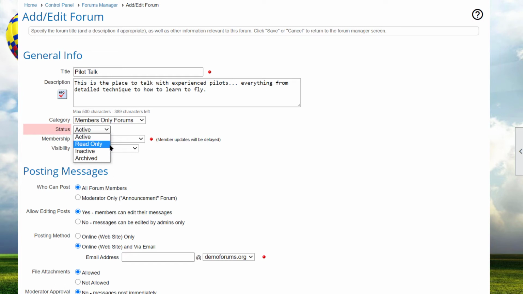Read-only means the forum is visible to members and admins, but messages and replies cannot be posted. Inactive means that the forum is not visible to members, but is visible to administrators, coordinators, and moderators. Messages and replies are not allowed. And archived means that the forum is not visible to anyone by default. For audit and liability reasons, ClubExpress does not allow you to delete forums, but you can archive them so they're